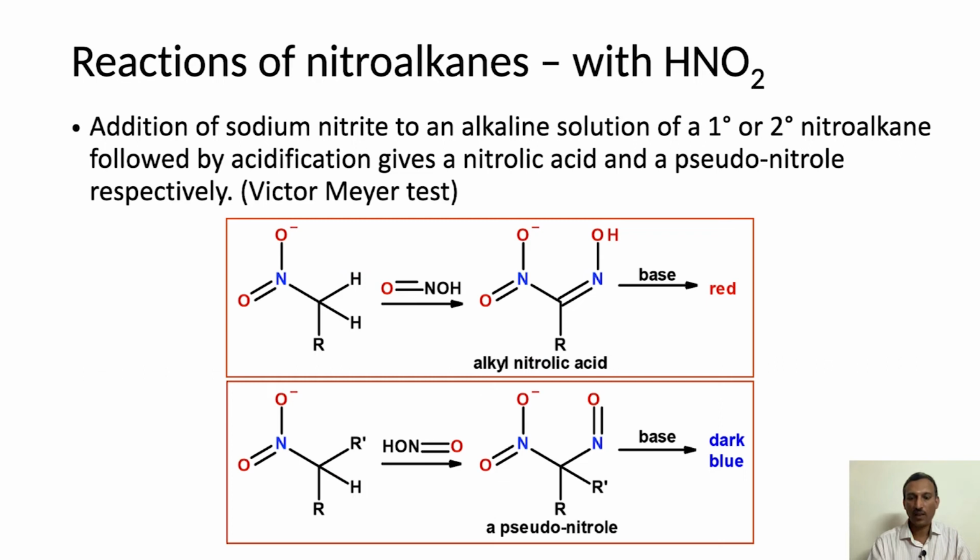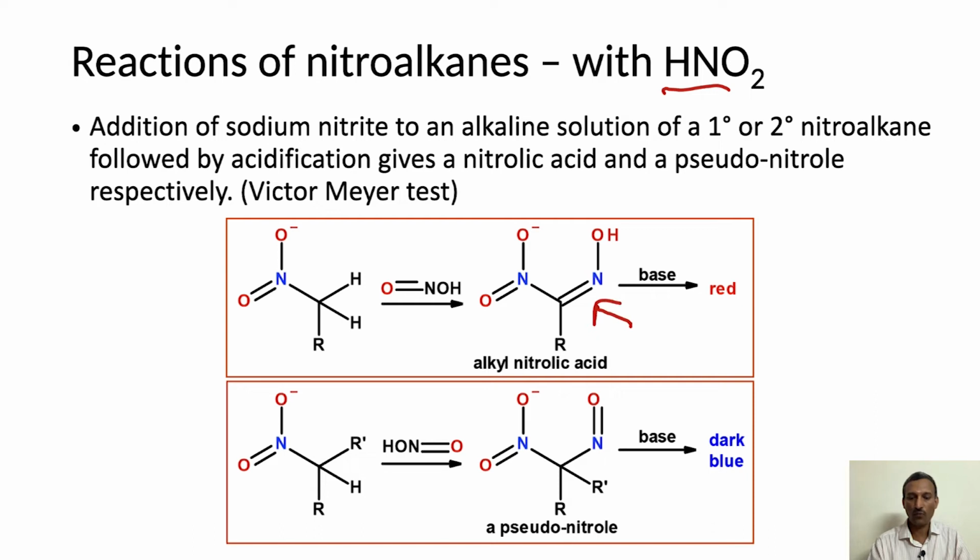Next one is the reaction with the nitrous acid, HNO₂. So the addition of sodium nitrite to an alkaline solution of the primary or secondary nitroalkane, followed by acidification, gives nitrolic acid and pseudo-nitrol respectively. So we have seen how the reaction actually happens, but here we will look at what are the products